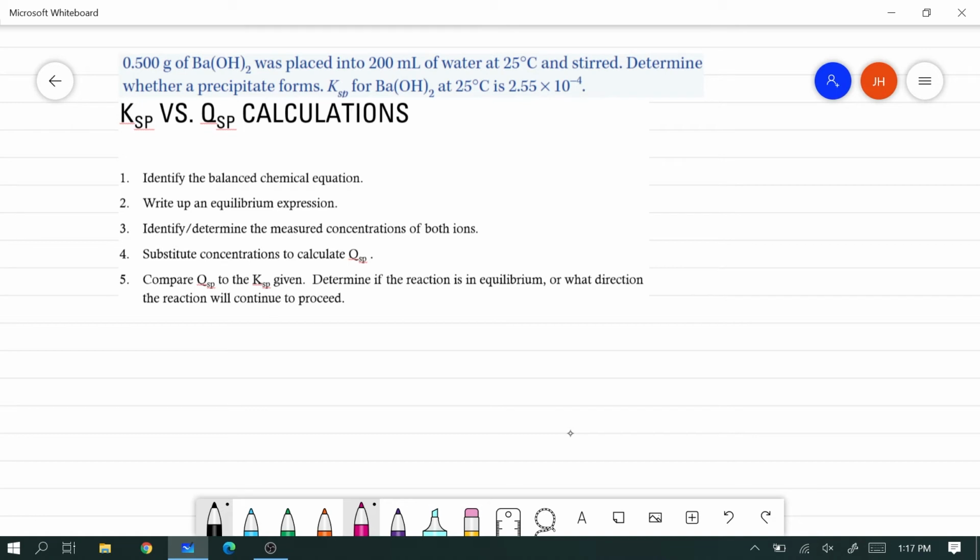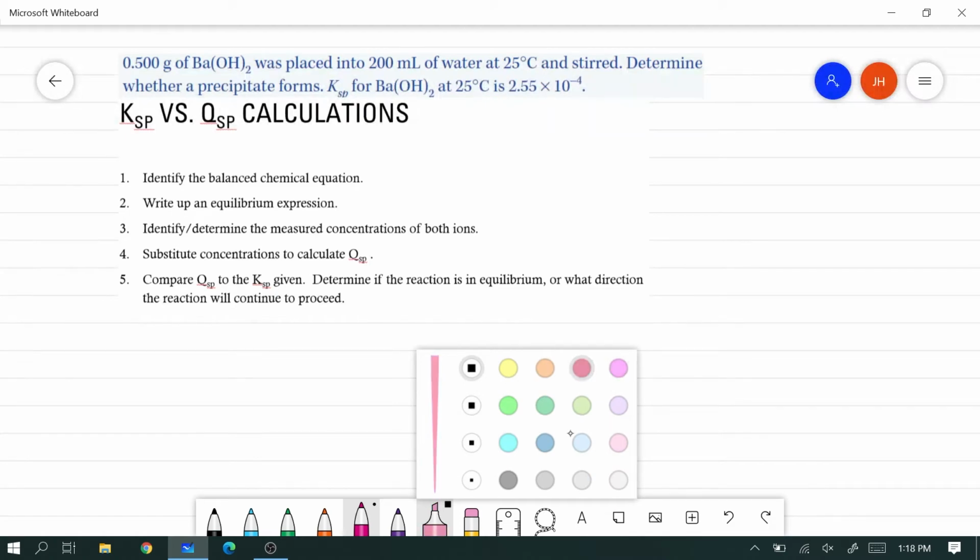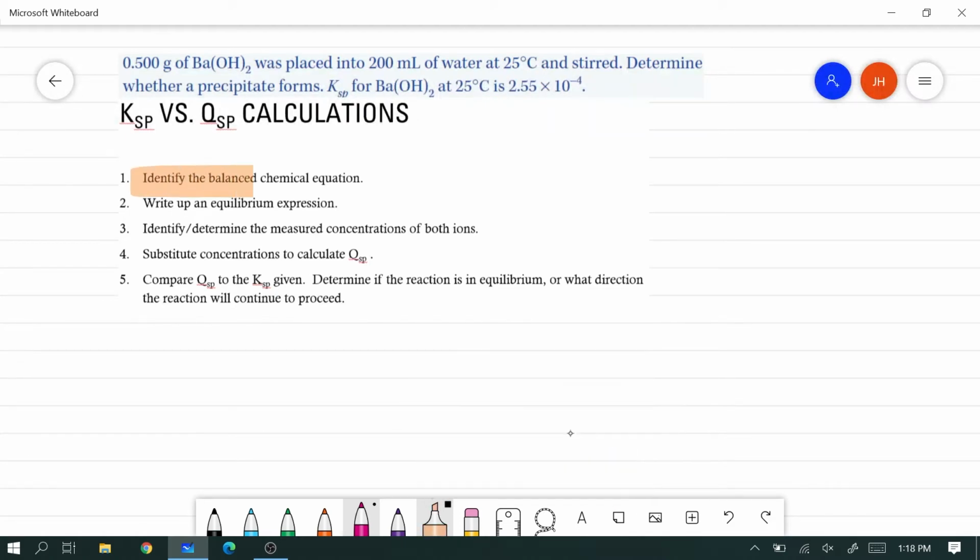So in this question, what we need to be doing is figuring out what the theoretical concentration is for the solution, then determining Qsp, our ionic product, and comparing it to Ksp to determine whether or not we have exceeded our threshold of solubility. As with all questions, the first thing that we need to do is identify the balanced